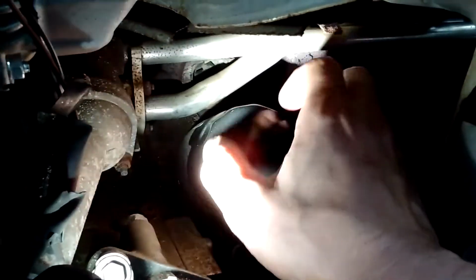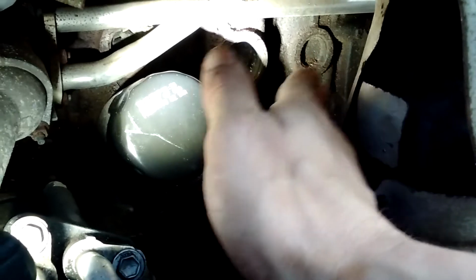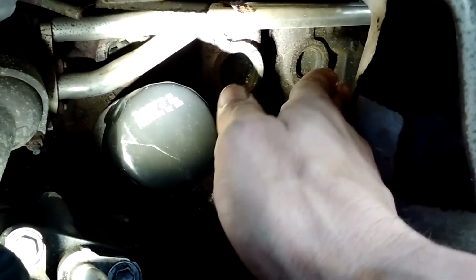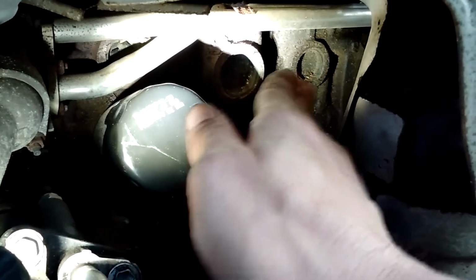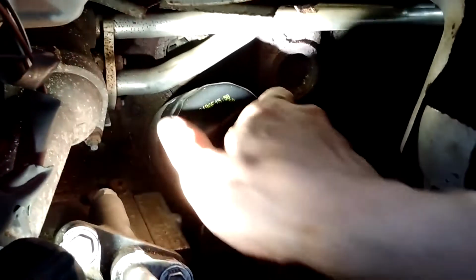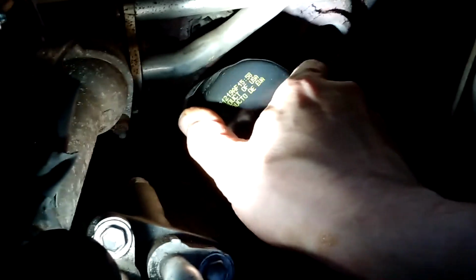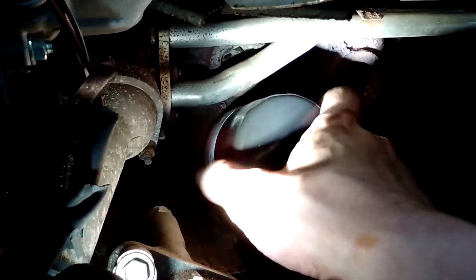Now, one thing to note while you're doing this, if you're working on a Camry like this and you got this piece here, this piece is going to be hot even if you only run the car for as long as I ran it for, and it's been sitting for 10 minutes at least. This is still a little warm. So when you're in here, you're going to want to be conscious of that and also understand that it's up here too. So I'm going to gently unscrew a little bit at a time,